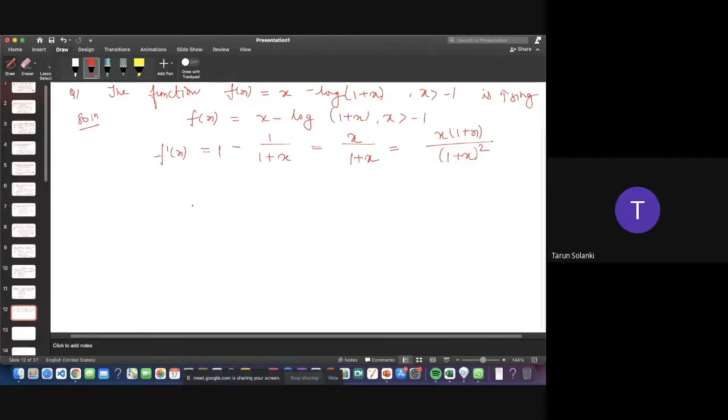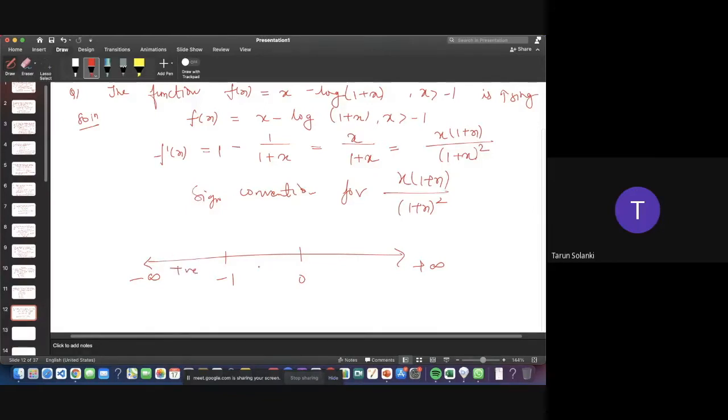So if we write the sign convention for this, we can take it from minus infinity to plus infinity, somewhere 0 is here and minus 1 is here. So if you look at this side, it will be positive, this will be negative, and this will be positive,